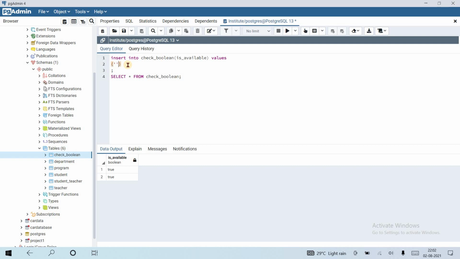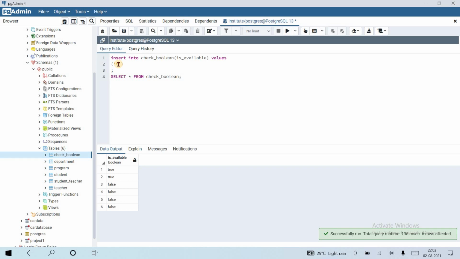Let's try inserting false. The false is inserted. If I add single quotes to false, the value is inserted as false. What if I give capital F, the false is inserted, or small f, the false is inserted.